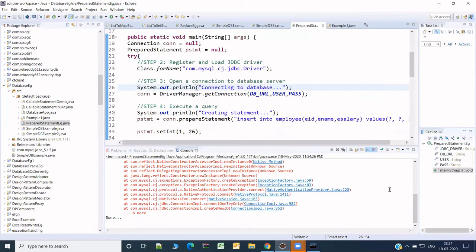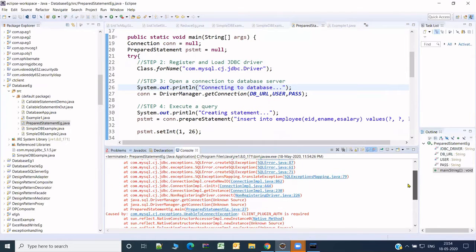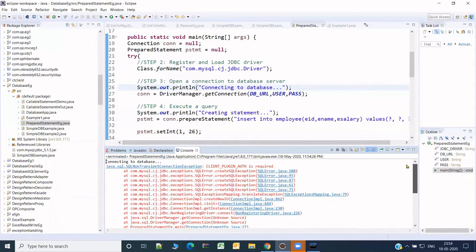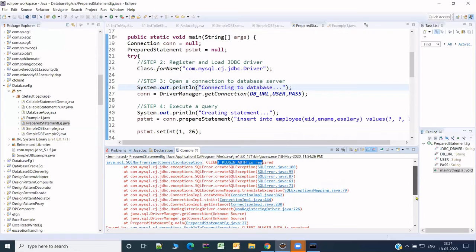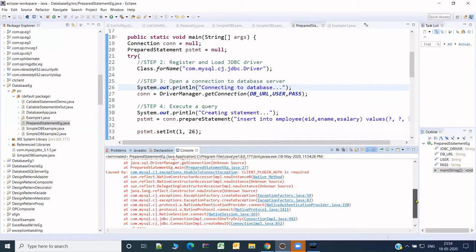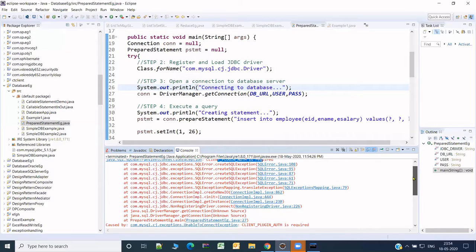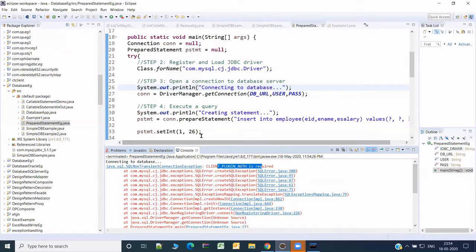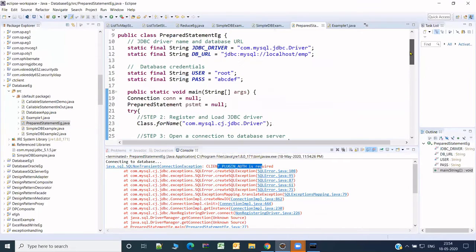Okay, see, I'm purposefully raising this. I know that the problems are going to occur, but I'm just trying to see that you get the expertise. Okay, so it is telling that client plugin auth is required, and unable to connect exception. Fine. Number one is we added the new driver, no doubt in that. See, one more problem, what I see here is